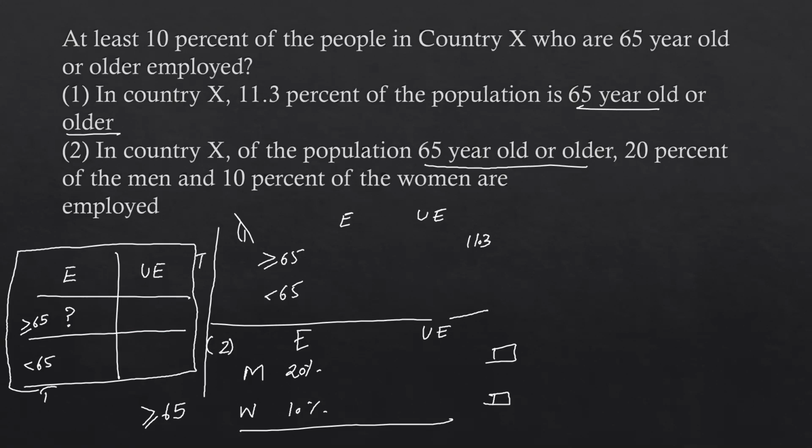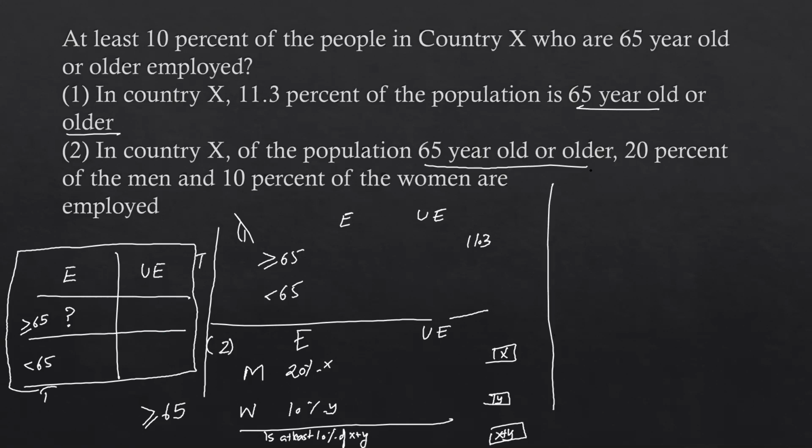Does that mean that the total is at least 10% or not? Let's suppose this is X and this is Y, this is X plus Y, this is 20% of X, this is 10% of Y. We want to know whether this is at least